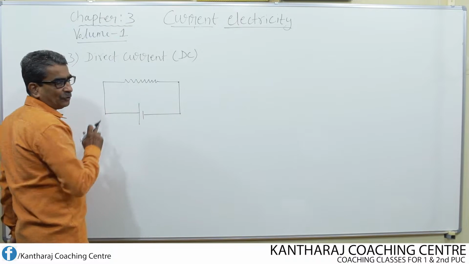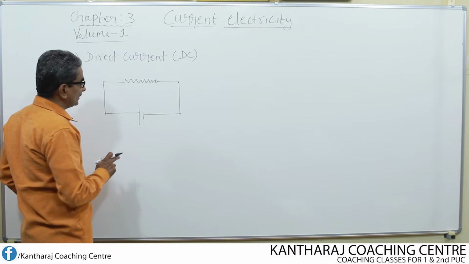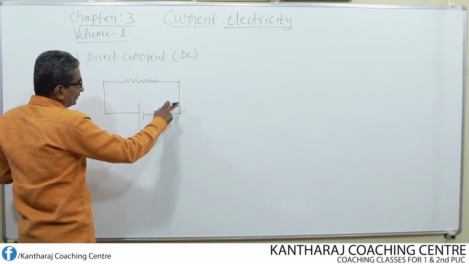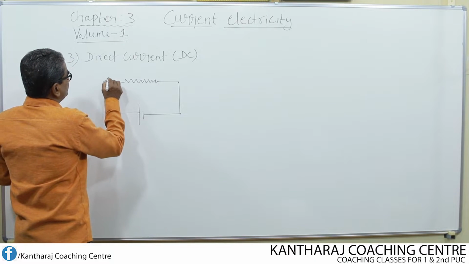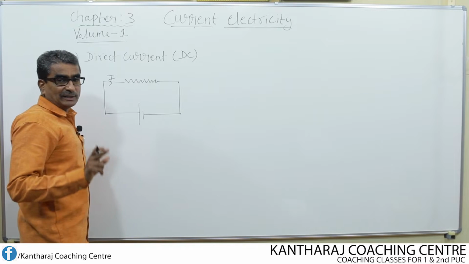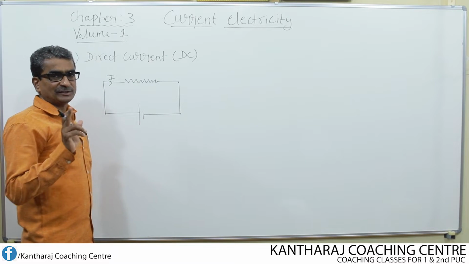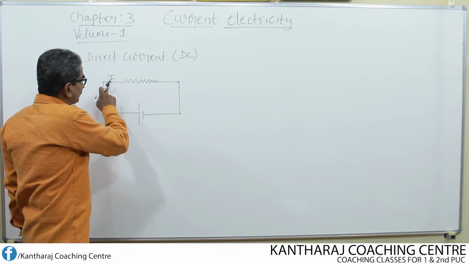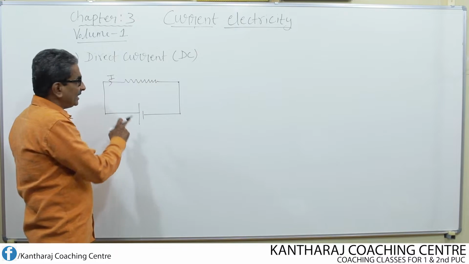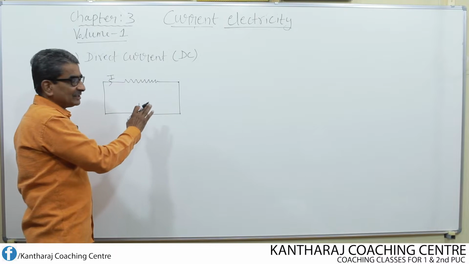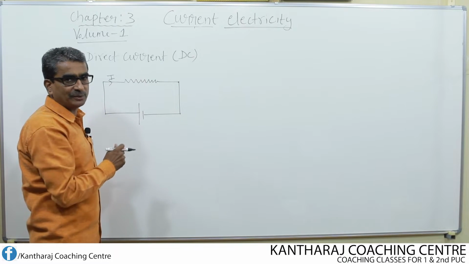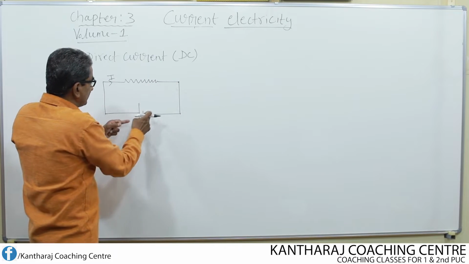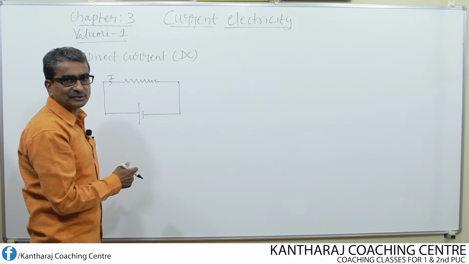Now the current starts flowing from the positive terminal to the negative terminal. Now the direction of the current remains the same, as long as we keep passing the current through this wire or through this circuit. This is also known as a simple circuit. Just I connect the two ends to the two terminals, it forms a simple circuit.